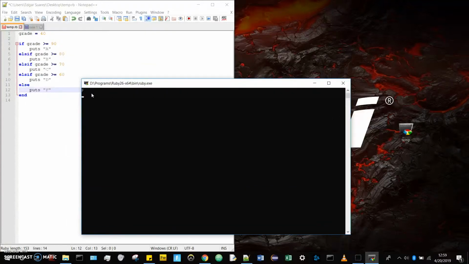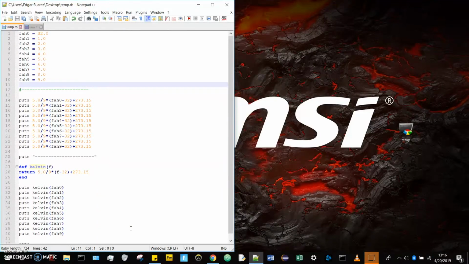Okay, the benefit of writing subprograms is that in our original case, without subprograms, we have to initialize and declare the variables. Right here we have our 10 different variables of Fahrenheit temperatures, and then to output each of them in degrees Kelvin, for each individual we'd have to subtract 32, multiply it by 5 divided by 9, and then at the end, add 273.15. For each of these that we wanted to output, we'd have to do the same thing over and over again. And this is a small scale program.